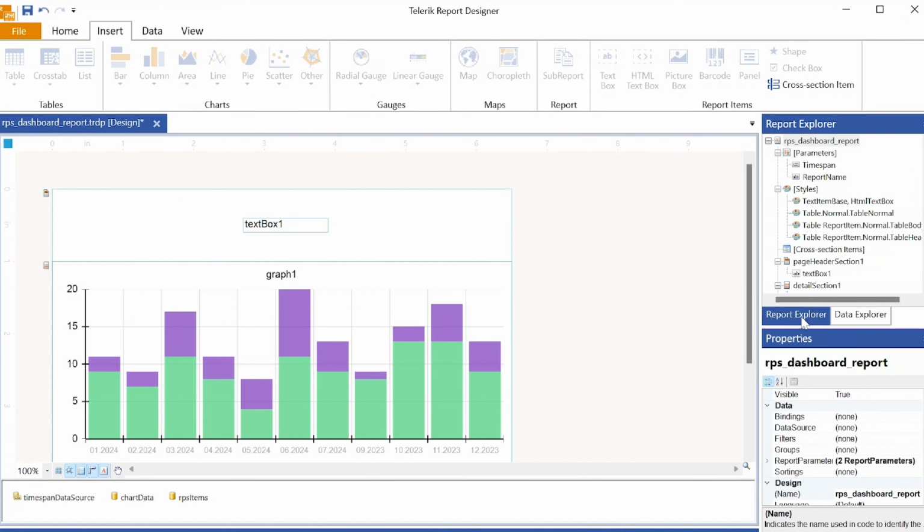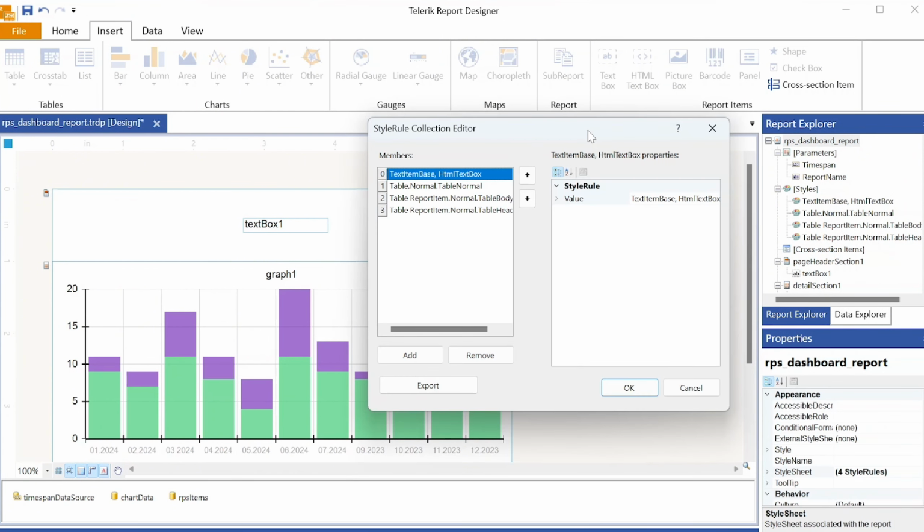Go to the Report Explorer and select the report, the top level node here. In the properties, scroll until you find the Style Sheet property. As you can see, we already have 4 style rules created here. On a blank report, there would be no style rules yet. So let's click on the little ellipsis and bring up the style rule collection editor. We'll be able to add new style rules right here. Click on Add, and this will add a default rule,